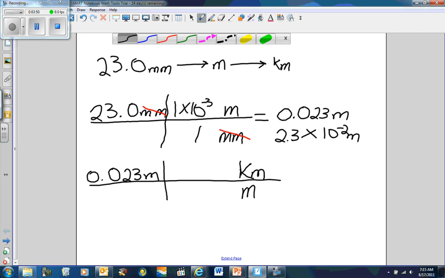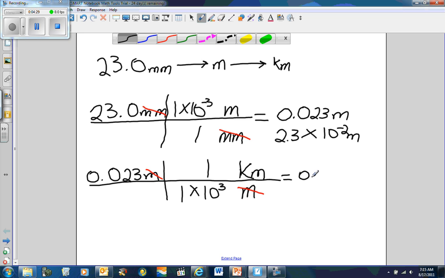Now, if you look in the table on page 11 or 12, you'll notice that next to kilo is 10 to the positive 3, 10 to the third. Remember, that number goes with the base unit. The base unit is the unit without a prefix, which is meters in this case. So I'm going to put 1 times 10 to the third meters, and that's equal to 1 kilometer. Now notice that, just like above, the meters divide out. All right? When I multiply this, then I'm going to get